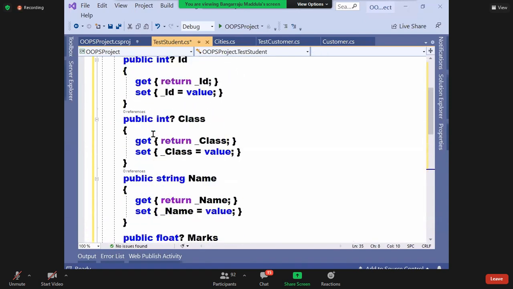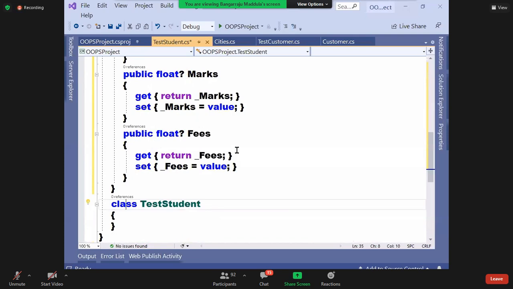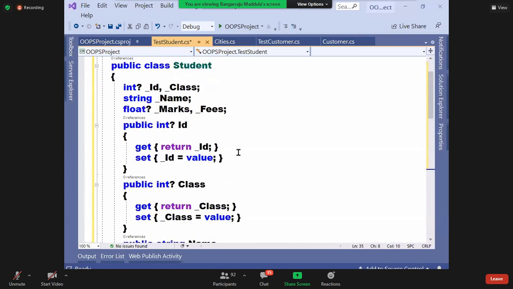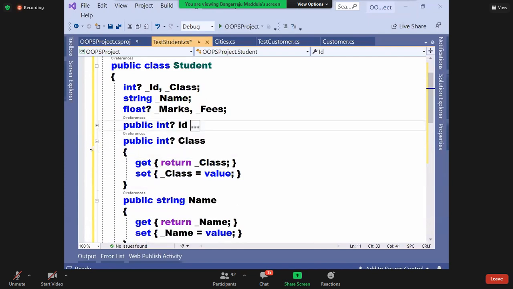So totally 5 properties are defined in the code now. And did I define any constructor? No, I did not define any constructor. So there will be an implicit default constructor in our code now.